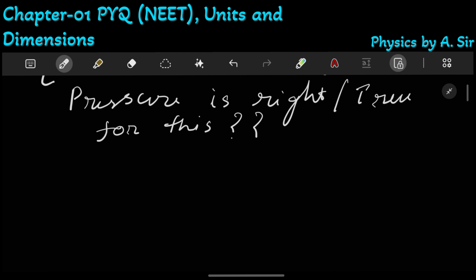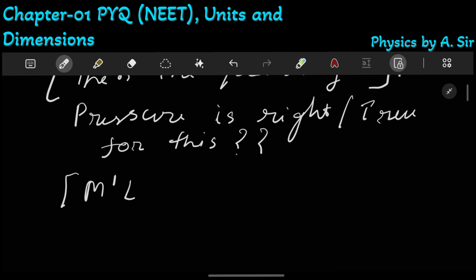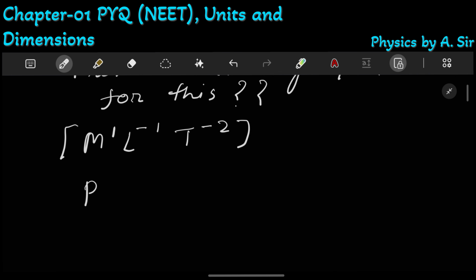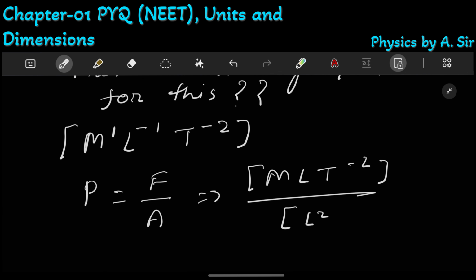So let's see, M to the power 1, L to the power minus 1, and T to the power minus 2. So let's say pressure P equals force upon area, which is MLT to the power minus 2 upon L square. So rightly so, pressure is correct for this question. Okay, now move on to fourth question,